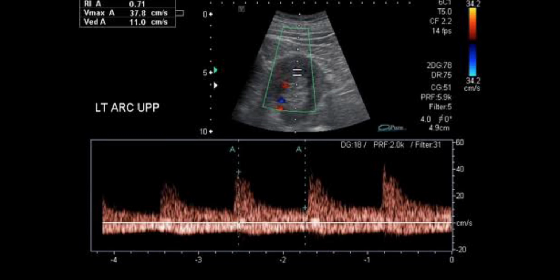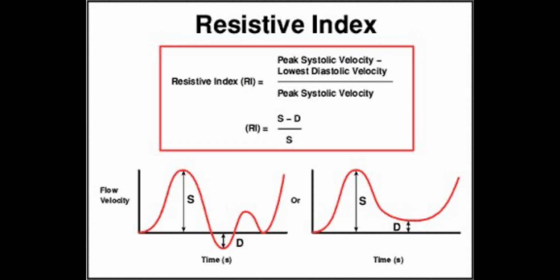So the resistive index actually measures the resistance of the renal arterial flow to the kidney. This is the main aim of the resistive index. In a normal situation, the flow through the renal artery occurs throughout systole and diastole. However, during a variety of conditions, for example in transplant rejection, or maybe some ureteric obstruction, or some inflammation, there will be a reduced, possibly even reversed flow through the renal artery during